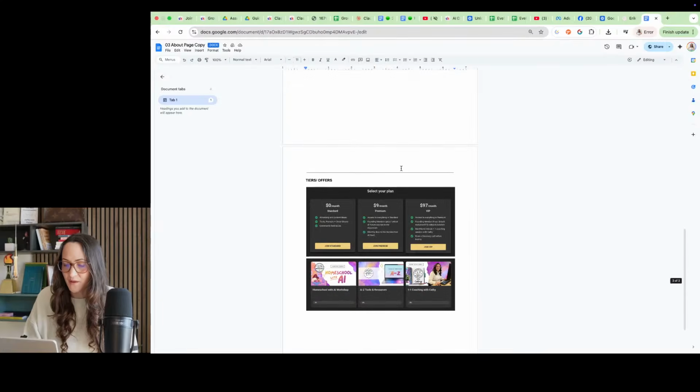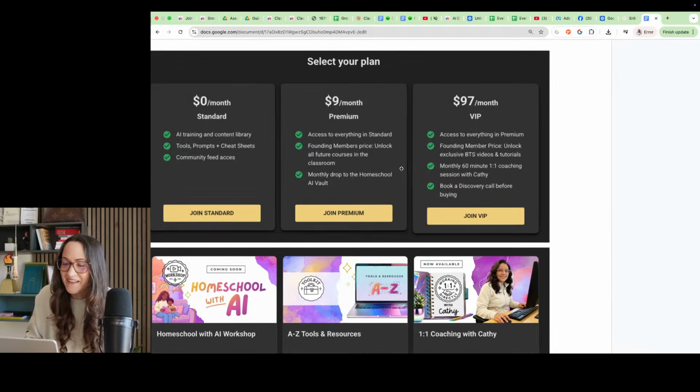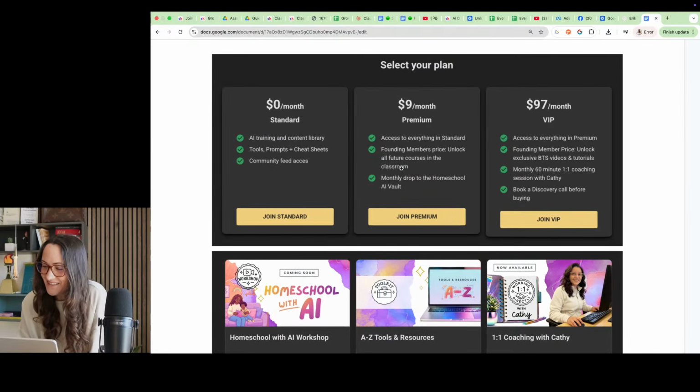This feels way weaker. Okay. AI training and content library. Tools, prompts, cheat sheets, community feed access. Yes, love it. Yes. Yes. Kathy always understands the assignment. VIP access to everything in premium, founding members price unlock, exclusive behind the scenes videos and tutorials. Kathy book. VIP, I would say